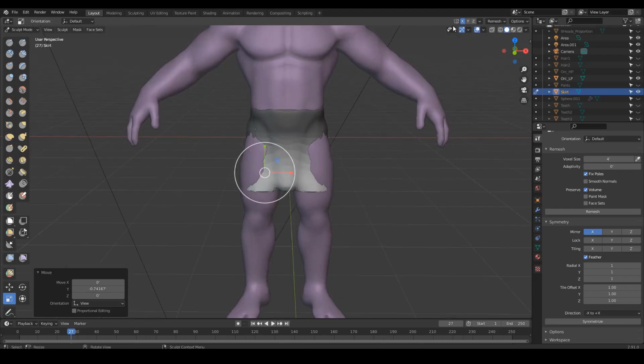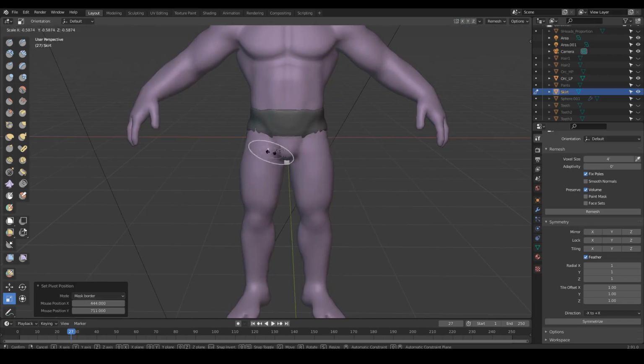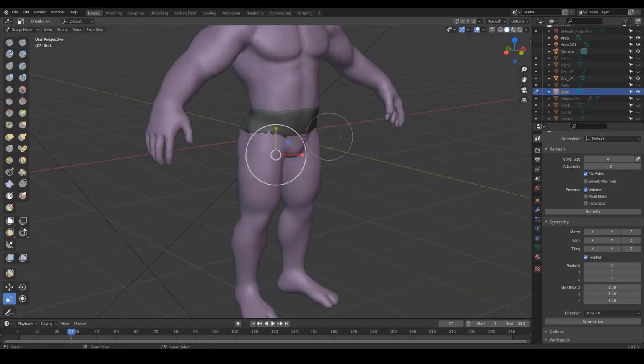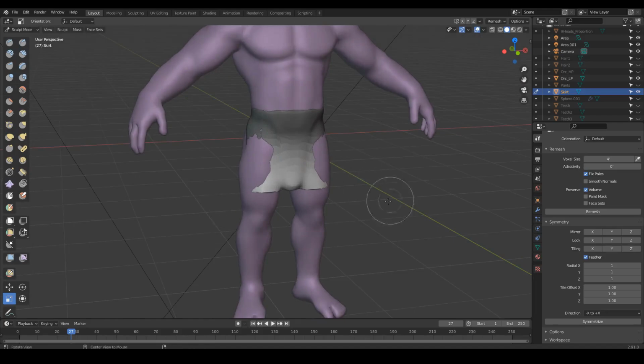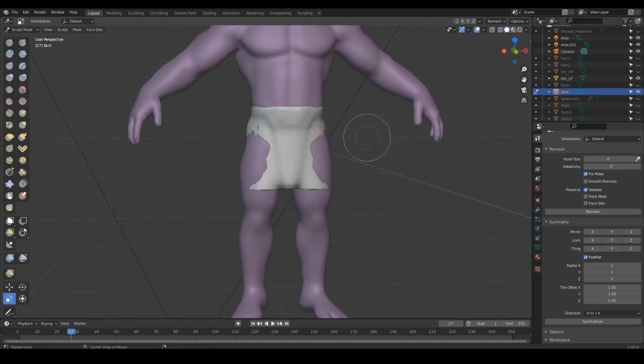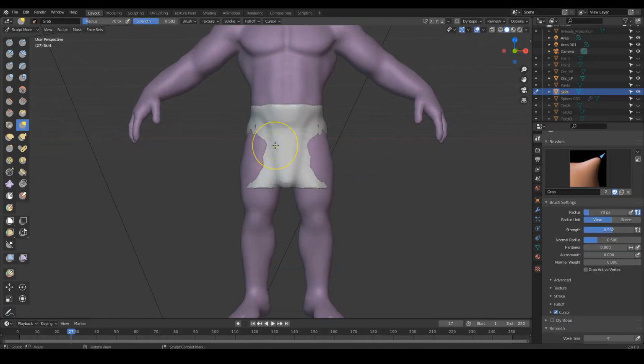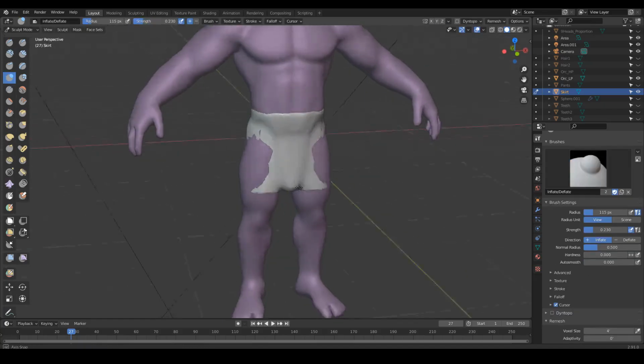And I'm actually gonna turn off my mirror for this one, and I'm gonna do mask border again and scale. Uh-oh. All right. I think. Okay. I'm just gonna go ahead and mask that. I'm gonna remesh that. I think it's best for us to just use our